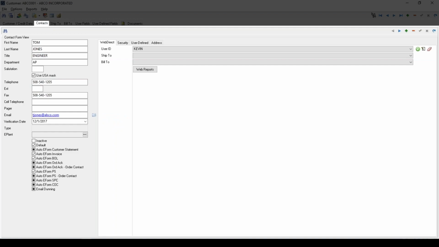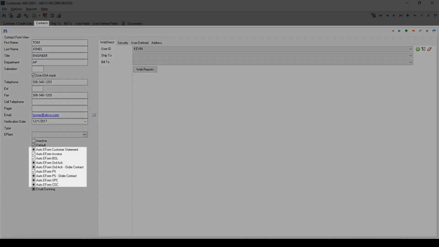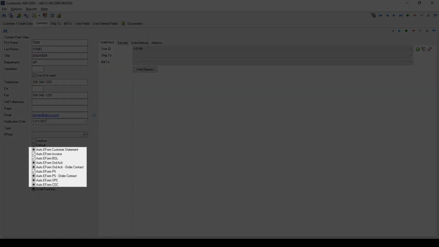This can be done at the main customer level, at the ship-to level for individuals that are located at their individual facilities, or at their individual bill-tos. Within a contact, users have the ability to auto-e-form certain forms within the system. Each one of the statements, invoices, bills of lading, order acknowledgements, packing slips, SPC data for quality, and certificates of